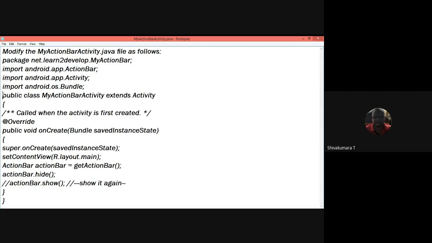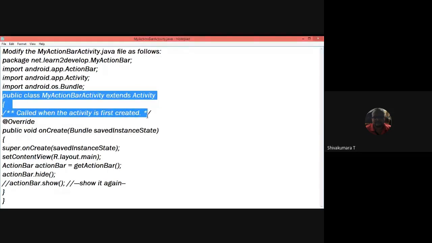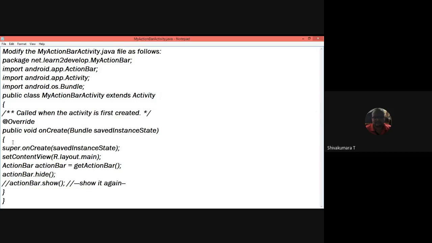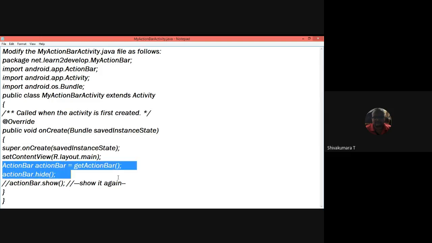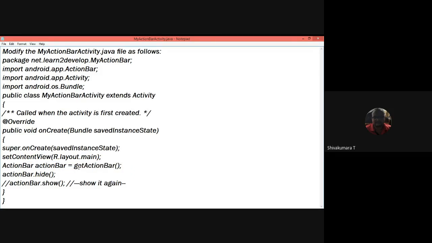See, public class main action bar activity extends the activity, so it inherits most of the built-in methods of the activity, and you are going to use them from here onwards. Your action bar is going to be created. How are you creating the action bar? Using an ActionBar object equal to getActionBar. Here you are not creating a new instance of action bar.